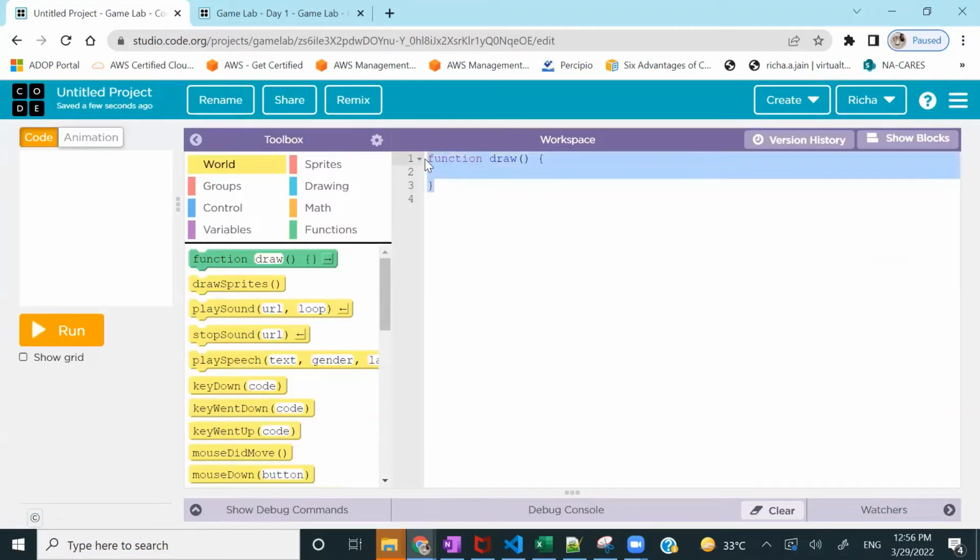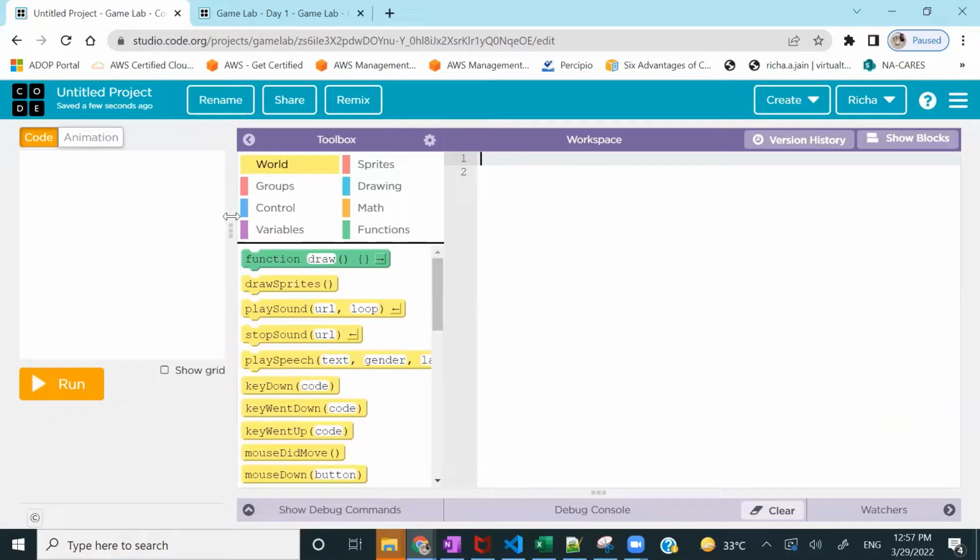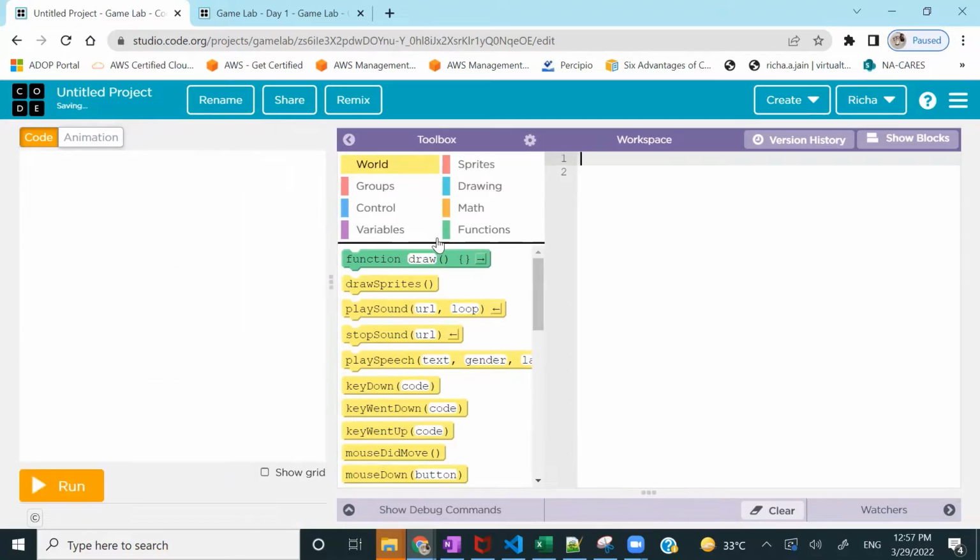By default, this method comes, you can remove it. As I had already mentioned in my previous video, but let me reiterate, this is the toolbox. This is the area from where you can pick the various functions. This is the workspace where your code is written, and this is the area where you will see the output. Before actually starting to write the code, it is very important that we understand the coordinates here. How does the positioning work, etc.